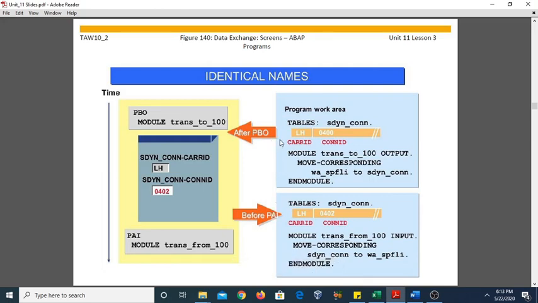So before PBO we have set the field values and then it will display directly to the main screen. Now after execution of this screen, the PAI module will execute, process after input. Once the user has input the data or executed the particular instructions, then PAI will pop up, and the functions or instructions that you want to apply, you can apply here.